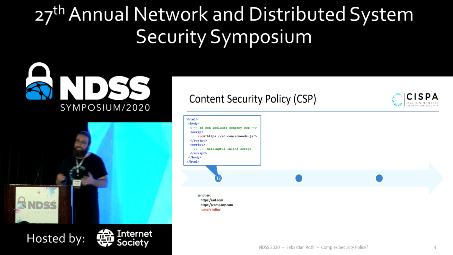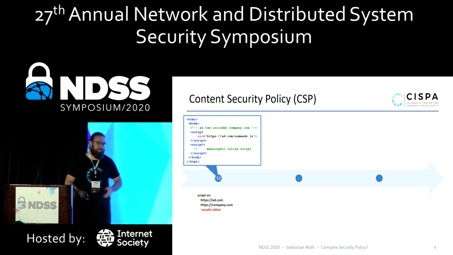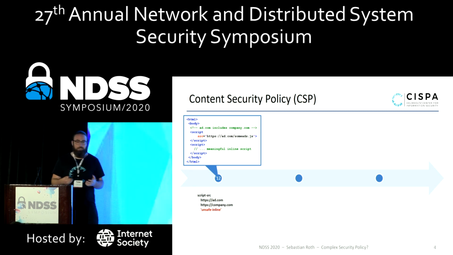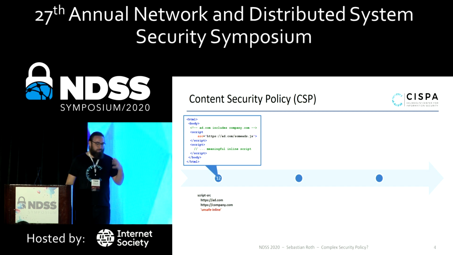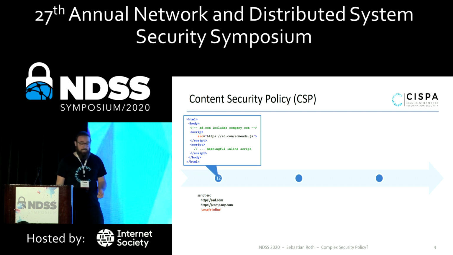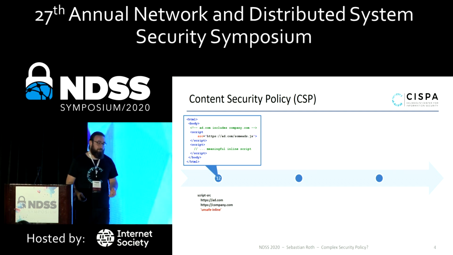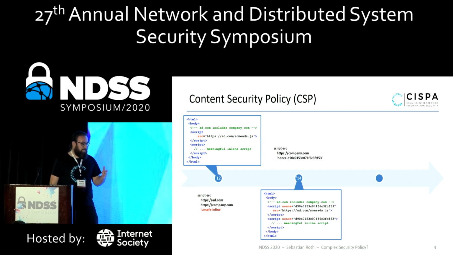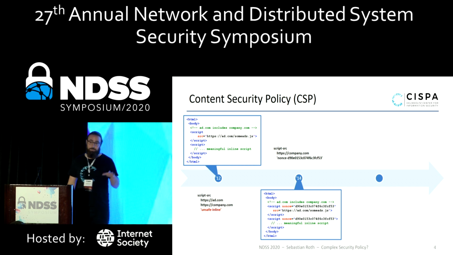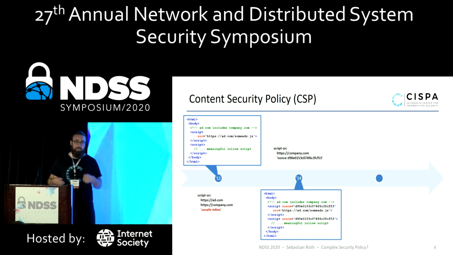In its initial release in 2012, CSP was created to restrict script content. The developer was able to create an origin-based whitelist, or allow the execution of inline JavaScript with the unsafe-inline expression. However, this would also allow an attacker to execute inline JavaScript. Therefore, in 2014, they added support for nonces to the CSP standard. By embedding such a nonce as an attribute to a script tag, the developer is now able to whitelist